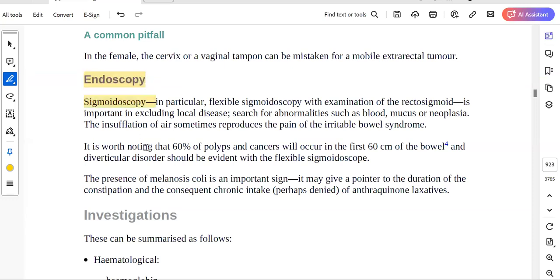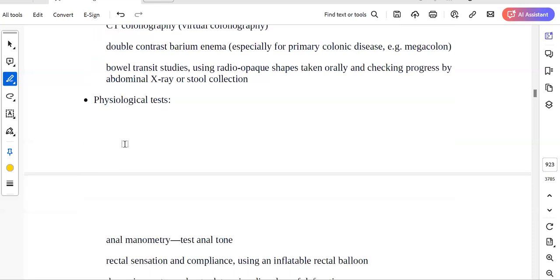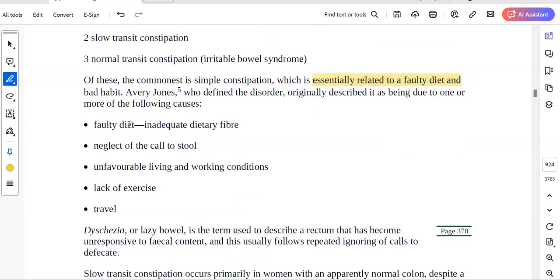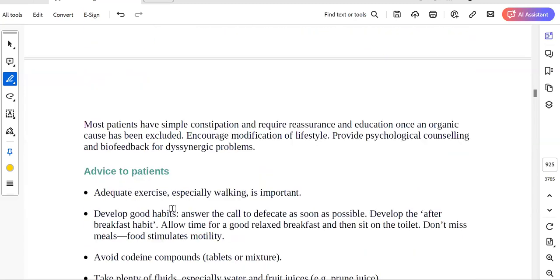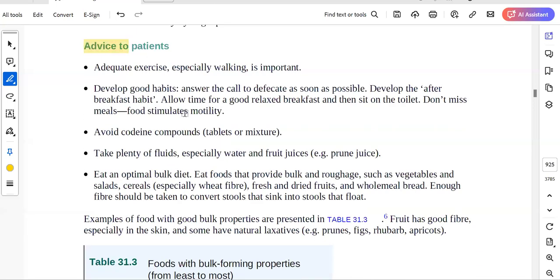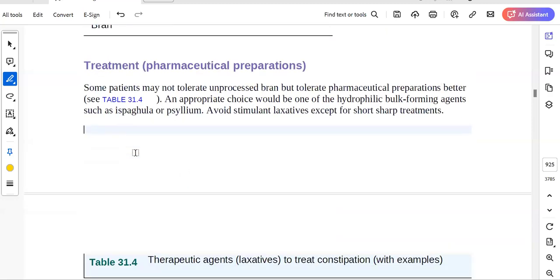Moving on, you can read this part, endoscopy, colonoscopy, those things, in your own time. Idiopathic constipation, as we discussed, is the most common cause of constipation, and most of the time it is related to lack of diet, lack of water intake. So how do we manage this kind of idiopathic constipation? First of all, advice for some good dietary habits. And then as part of the management,